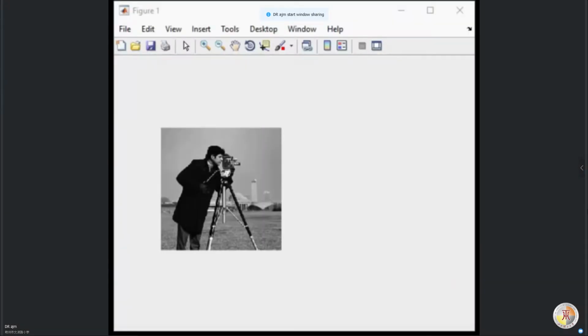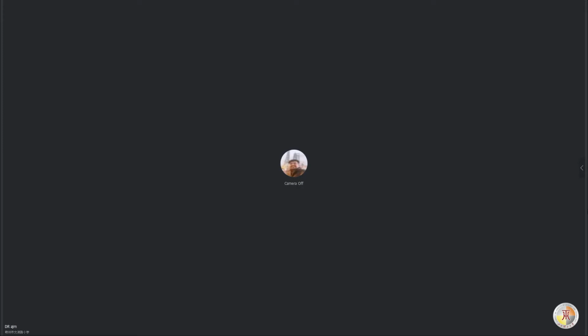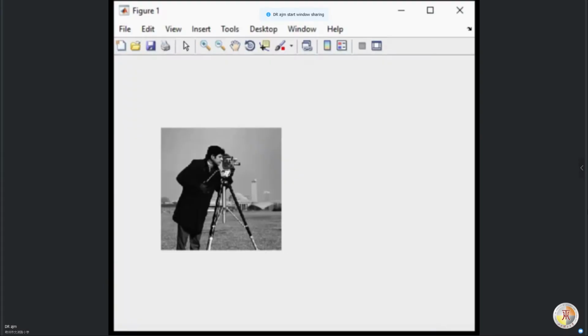I already shared my desktop, but when MATLAB generates the output, it will not show you that. That is the problem, because the output will be changed. Now you can see this image, I think, is the cameraman. Yes, cameraman, sir. Just what we have done, we open it, and then